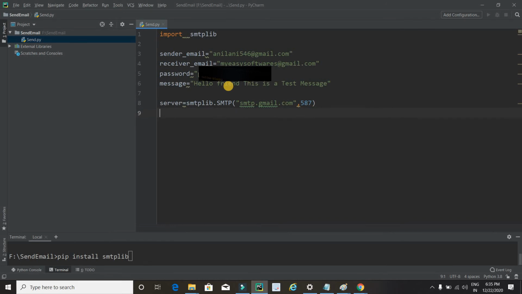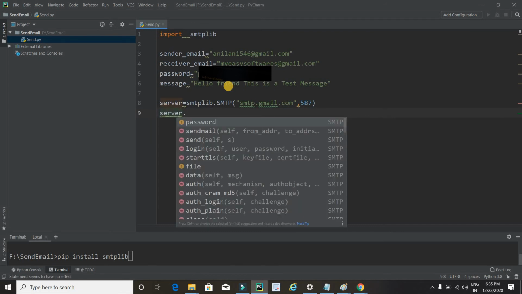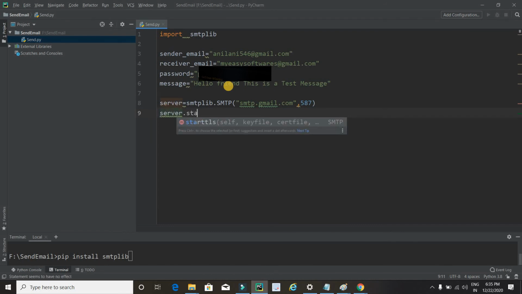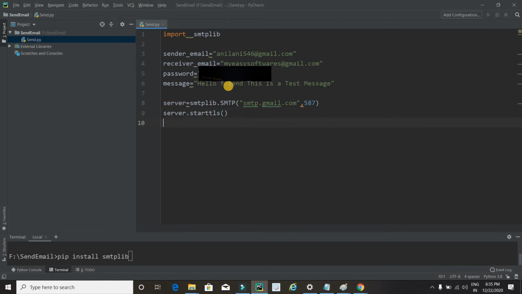You have to type 587, and now the next line is server dot starttls.